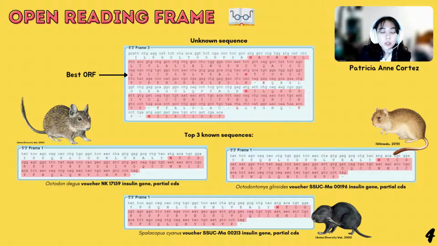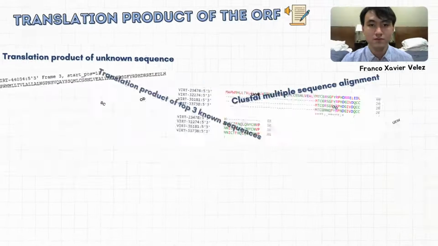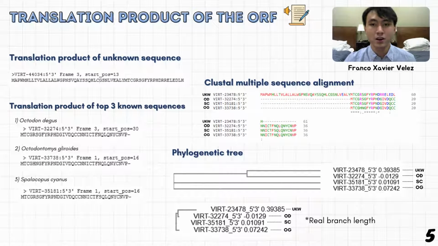So the best ORF was determined based on the following criteria. First is that it should be the longest one, as you can see here. It should start with M or methionine. It should have a stop codon, and lastly, it should have 5' and 3' untranslated regions. So as you can see, our ORF checked all the boxes. Once the best ORFs were selected, we clicked on the M in methionine, or the start codon. This gave us the FASTA format of the translated product of the nucleotide sequence. This shows us the order of amino acids in the polypeptide chain dictated by the triplet codons found in the